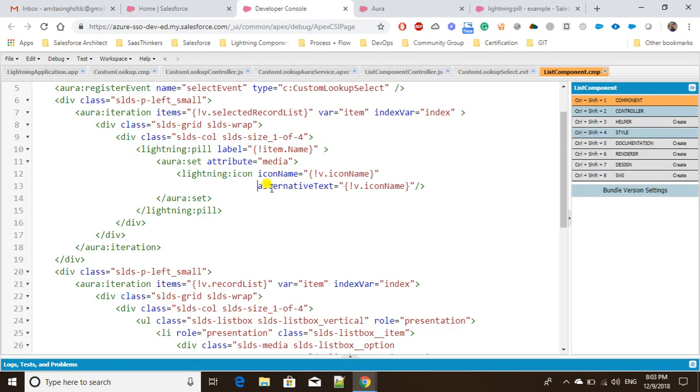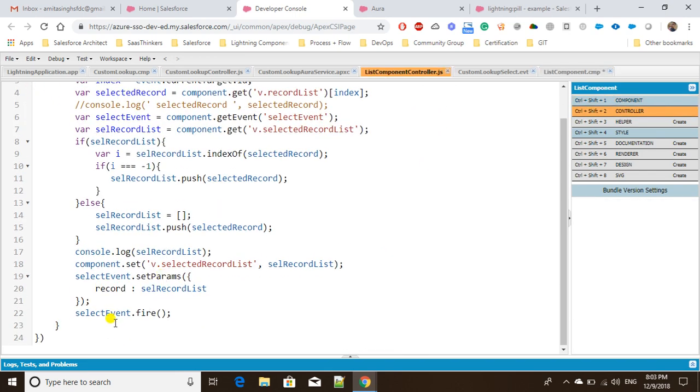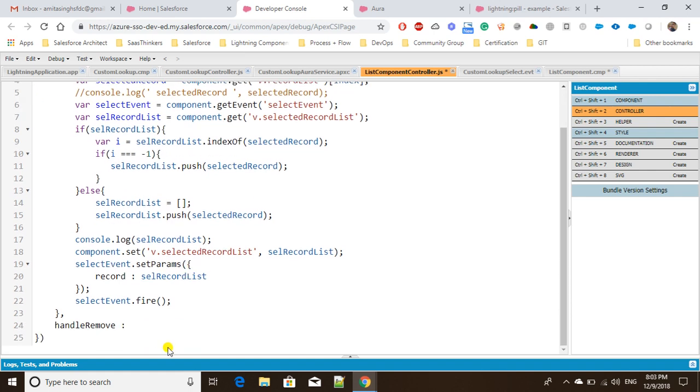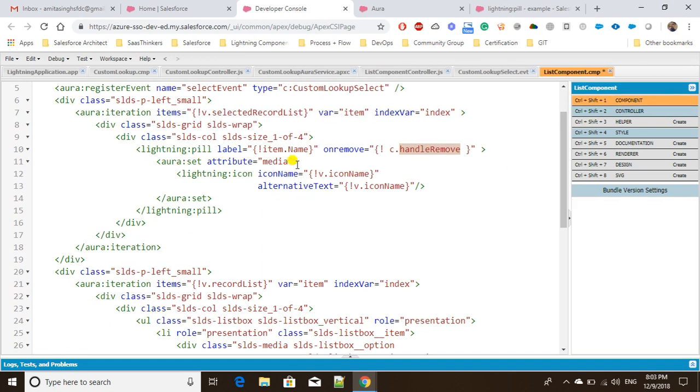So we can just go ahead and implement that on lightning pill, that will be onremove, and then we will be implementing the controller side method, that is handleRemove. So let's go ahead and create that method as well. We'll be implementing handleRemove here, and what we need to do is